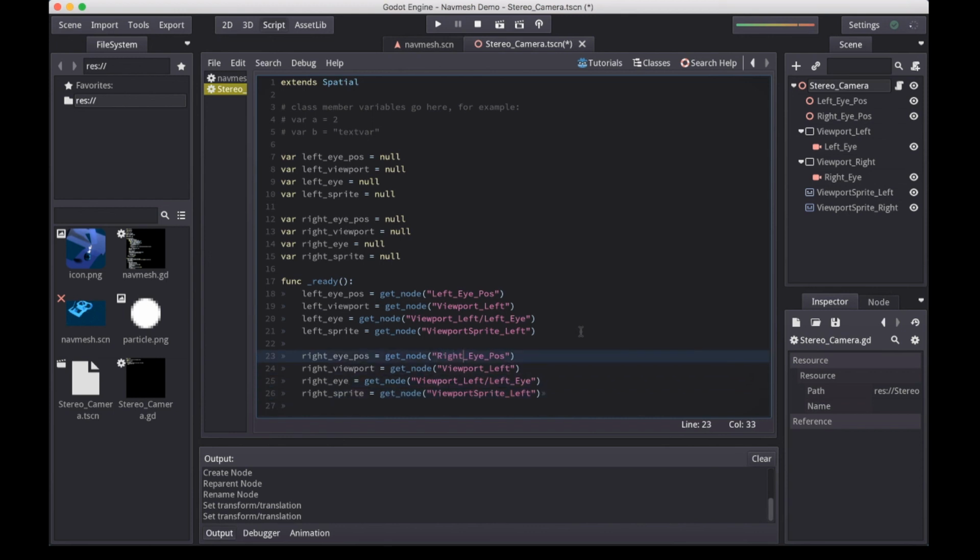That becomes right. Right. Oops. Don't know if it is case sensitive, but just in case. There we go. Got a tab there. All